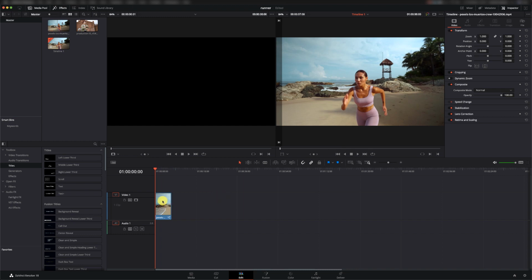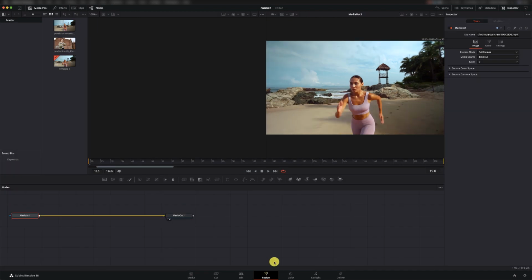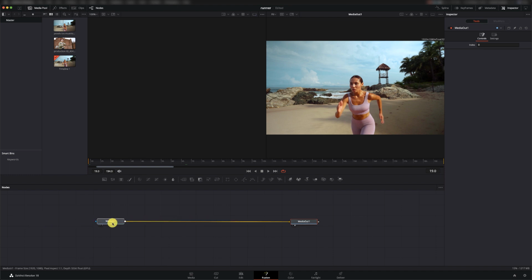So what I'm going to do is, on my timeline, I'm in the edit tab. I'm going to highlight my clip and go across to Fusion. Now Fusion is kind of the After Effects for DaVinci Resolve, and that's what we're going to be using today. We've got media in and media out. This is our media in, which is the